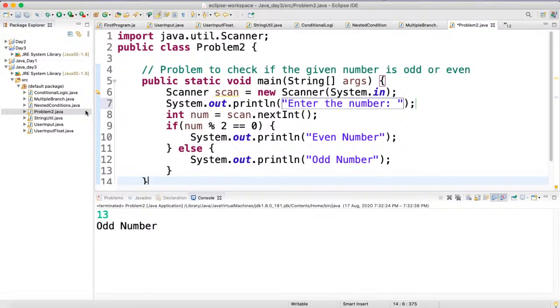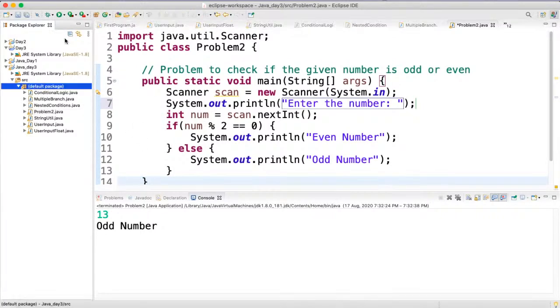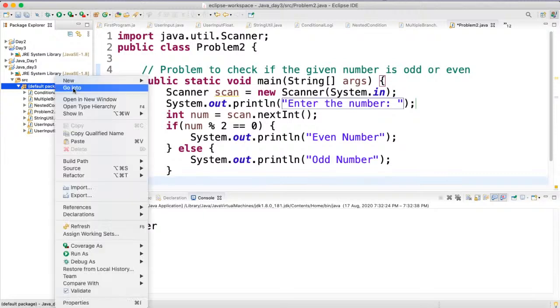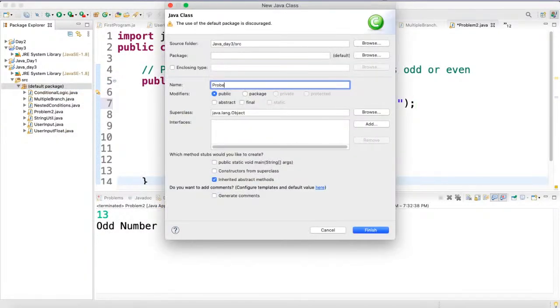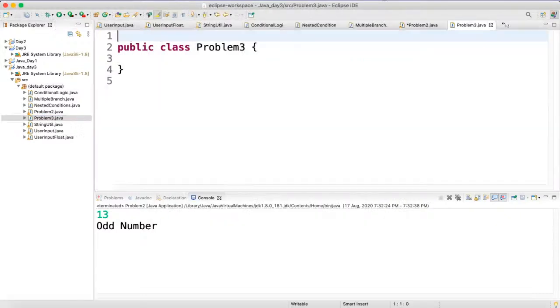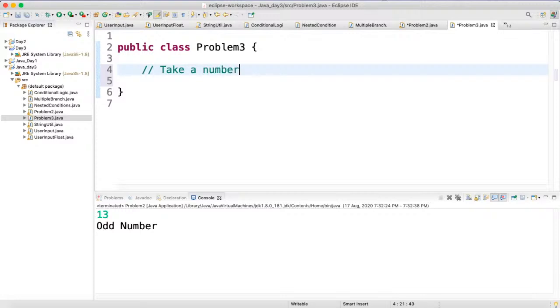Okay, so let's see the next problem for today. So this is problem 3 for today. What we want to do, okay, let's state the problem statement. Take a number as input from the user. If the number is